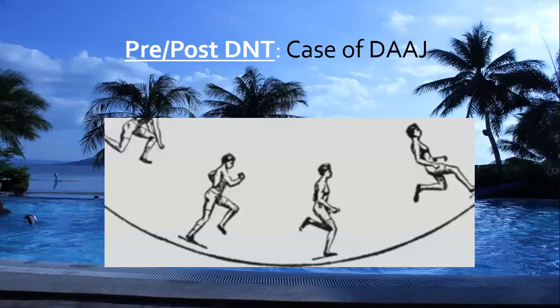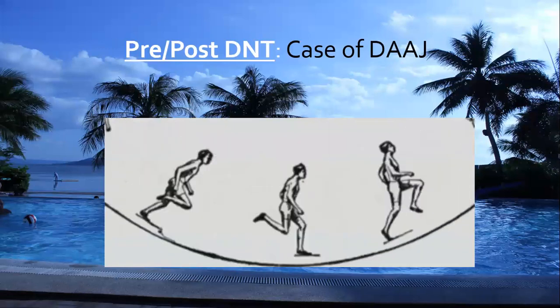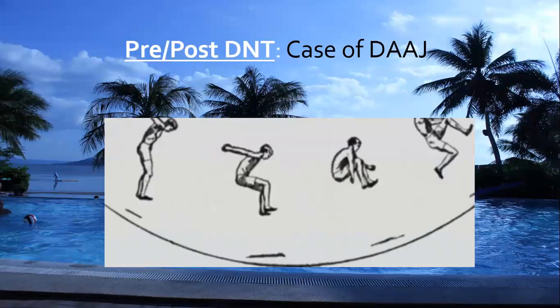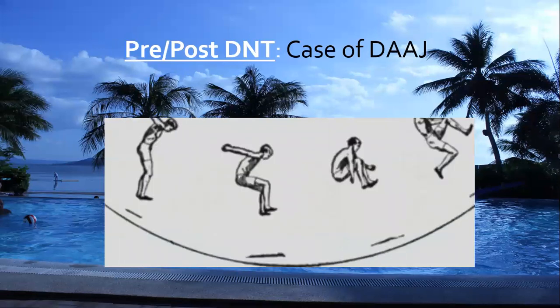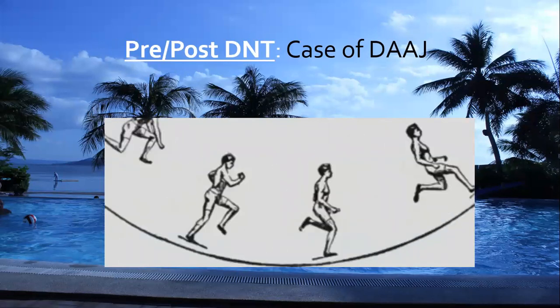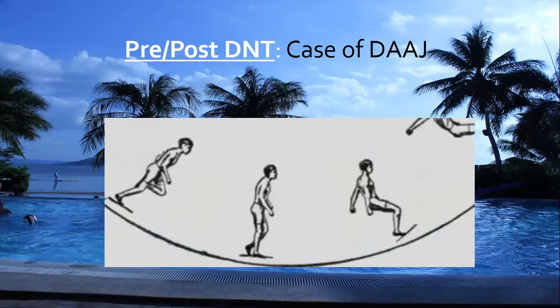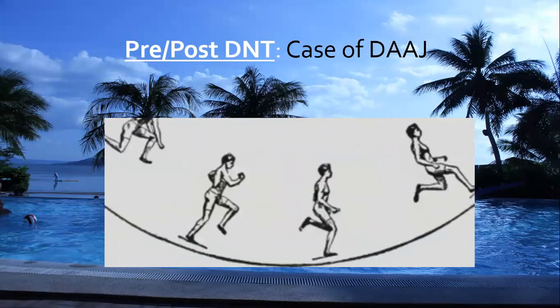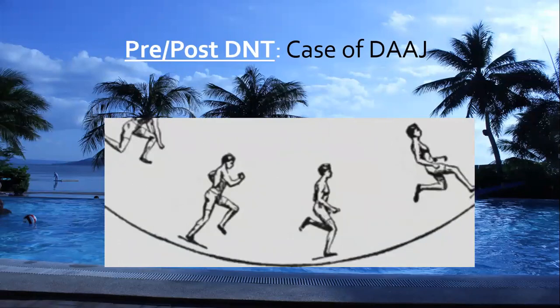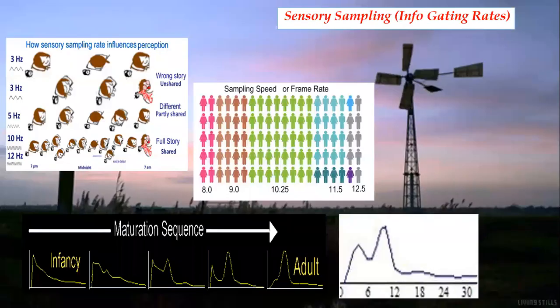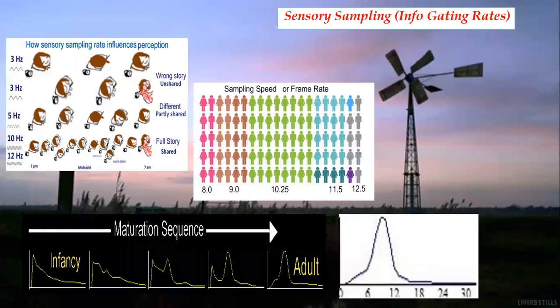Okay, now we're going to go over a case of pre and post default network training. This individual had a lot of obsessive elements, some attention problems, and maybe some anxiety as well. Multiple issues. Okay, and the initials are dash. So we're going to start with looking at the sampling system, and we want to get this alpha peak,